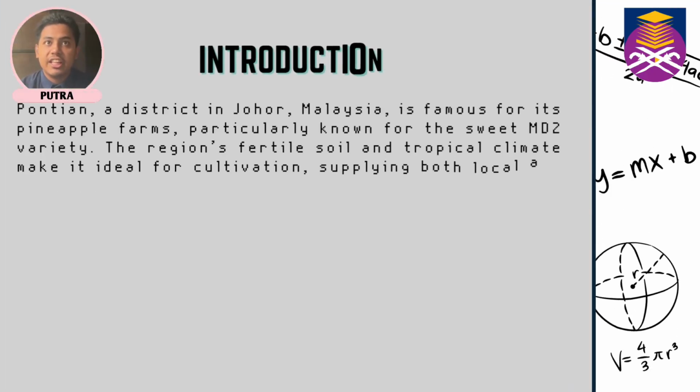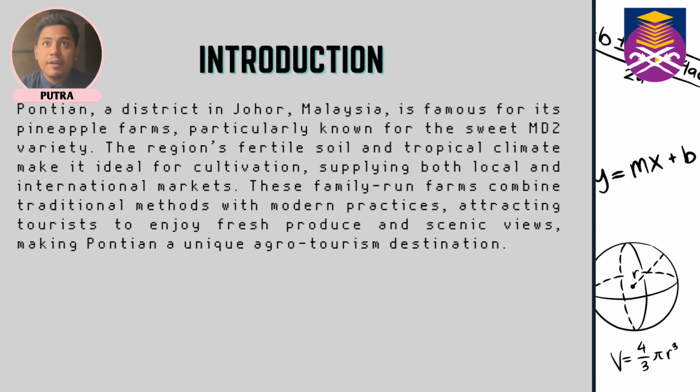Pontian, a district in Johor, Malaysia, is famous for its pineapple farms, particularly known for the sweet MD2 variety. The region's fertile soil and tropical climate make it ideal for cultivation, supplying both local and international markets. These family-run farms combine traditional methods with modern practices, attracting tourists who enjoy fresh produce and scenic views, making Pontian